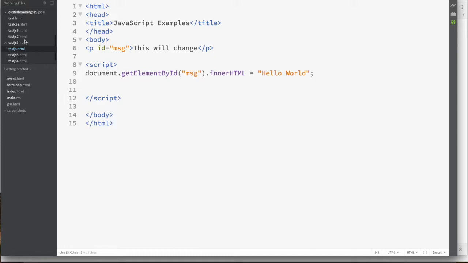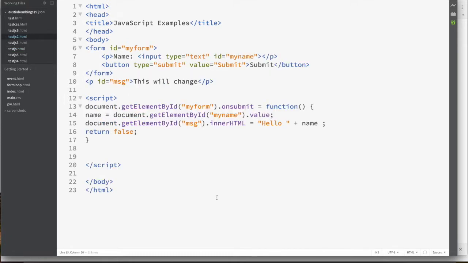And you can see it doesn't say this will change. It says hello world. And so that is the JavaScript at work manipulating the DOM. So that one's pretty simple. The second one I have here actually has a form associated with it where it grabs someone's name, and we